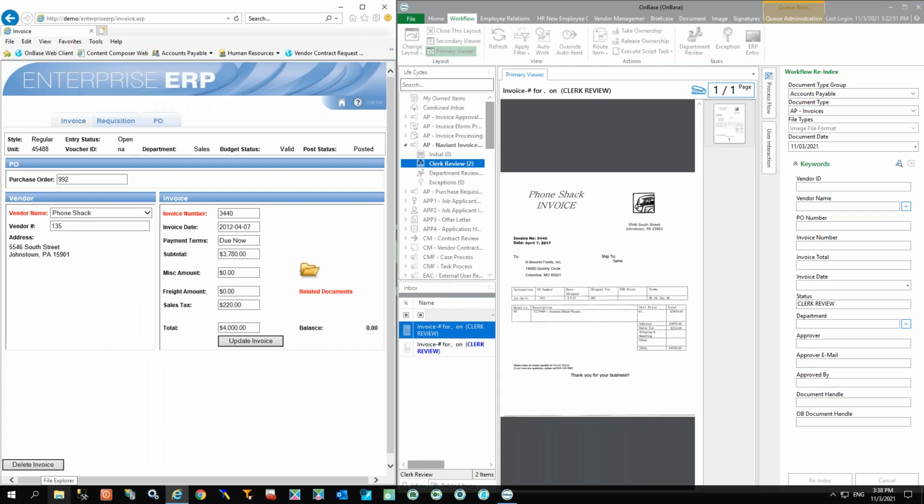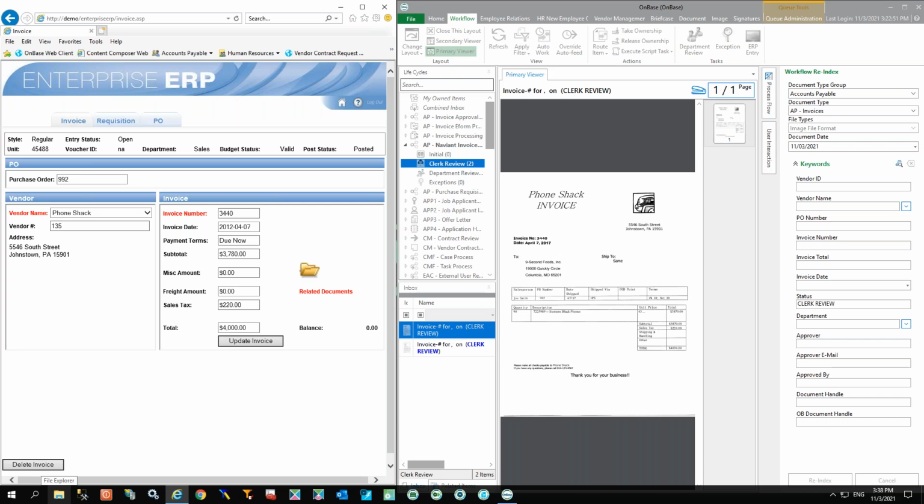So again, a relatively quick screenshot demo of that. On the left side of my screen, I have my ERP system, or whatever line of business application you might have. I have a transaction open in this particular case, where all of that data is exposed on that screen.